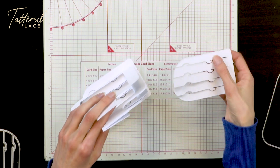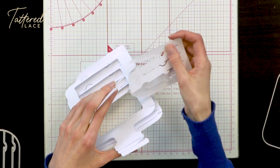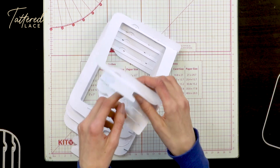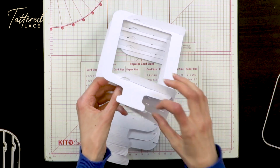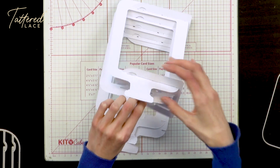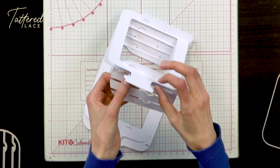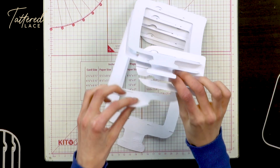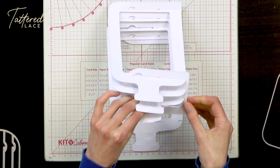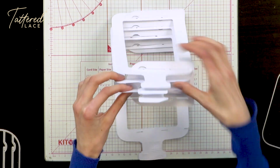So, same process, taking this side panel and this very right hand slot, feeding that through and using our hooks there. So hooking that back one, and then the front one there is going to hook into position, and then taking the second bottle, feeding that through our second slot, hooking that into there, and then the front one will hook into the front there to give us that stability. Taking the third bottle, sliding that down, and I find it easier if I line up this bottom slot on the bottle first and then deal with the two hooks on the edge. I find that easier. So hooking those into position,